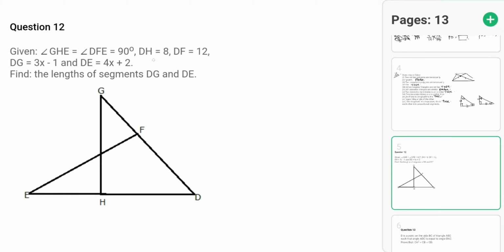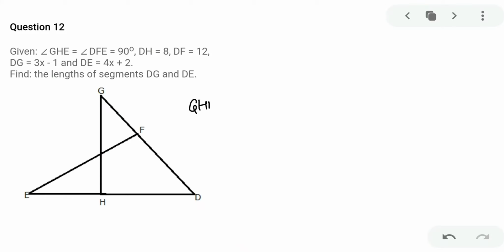My dear kids, all the values are given to you. What you have to do is just substitute the values. For that, first you have to make your triangles congruent. And which two triangles can you see here? You can see one triangle is GHD and one triangle is EFD. You can go to these two triangles. Then this is 90 degrees, this is 90 degrees, and this is common in both the triangles.